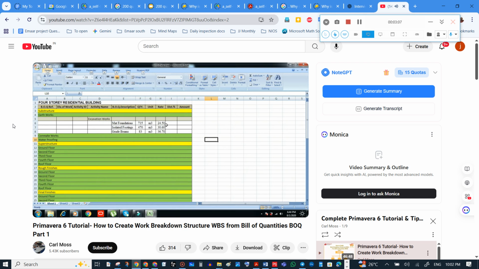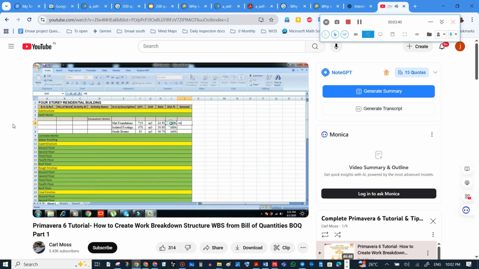But in this case, mat foundation was used only in excavation works, therefore it is 100%. For isolated footing, this quantity was used only for excavation work, so it's also 100%. And also for grade beams.